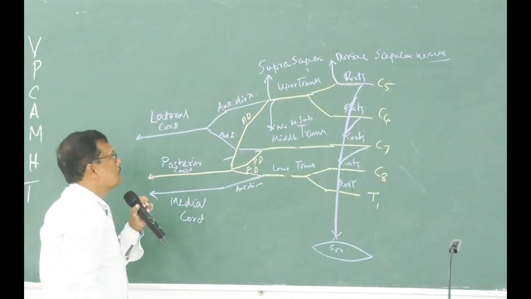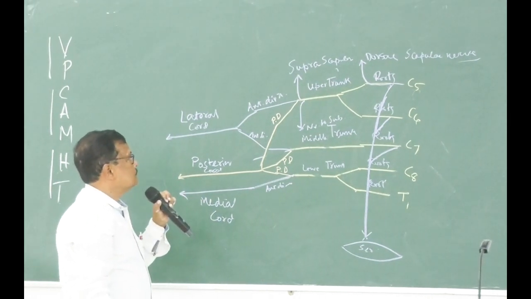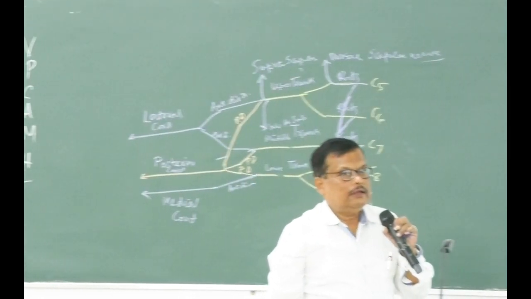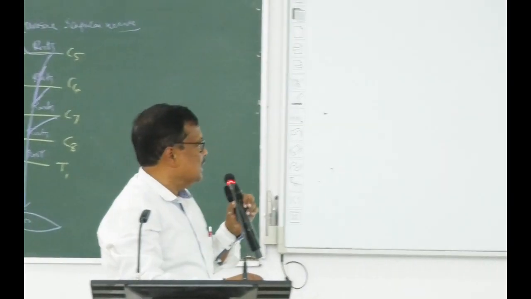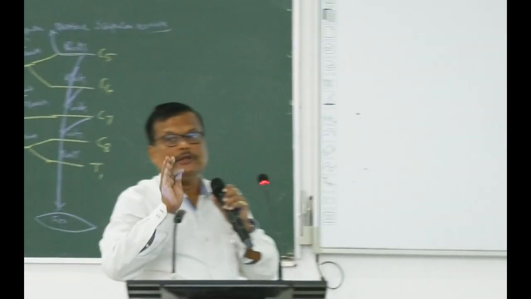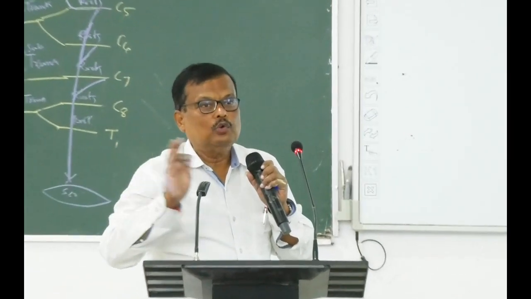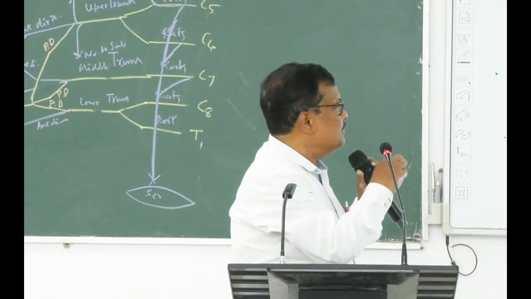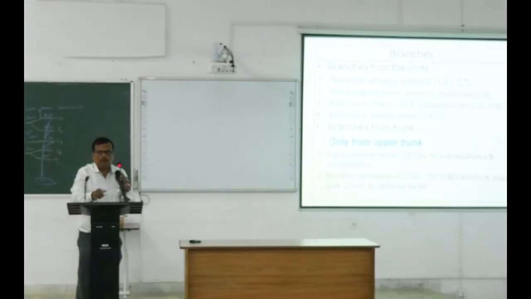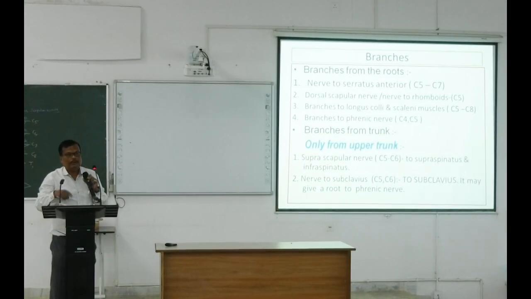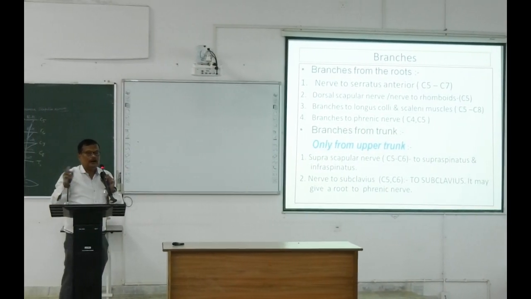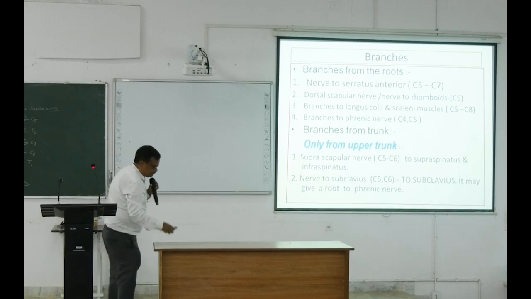কেমন? এটা হচ্ছে আপার ট্রাঙ্ক অফ দ্য ব্রেকিয়াল প্লেক্সাস থেকে নেয়। No branch coming from the middle trunk, no branch coming from the lower trunk. Only upper trunk gives rise to suprascapular nerve and nerve to subclavius. Why it is important? আসবো ক্লিনিক্স যখন পড়াবো, because it is the Erb's point, আসবো আমি।